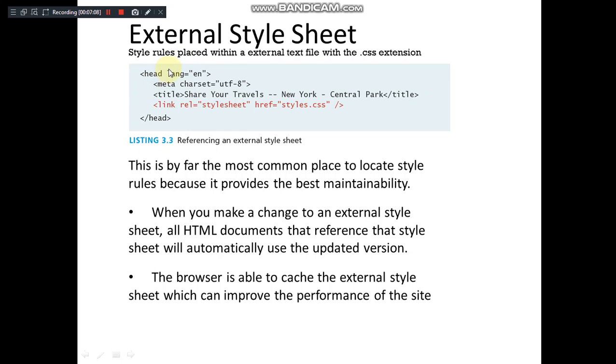You don't bother about lang, which is used as an attribute with this. We have a title tag as usual, and inside the head section, before closing of the head, we are using a link tag. So it is saying that we are externally linking to another document along with this particular HTML. We need to specify the relation attribute, which has the name rel. The value for that is stylesheet. Remember that there should not be any space in between, otherwise, practically it happens that we usually leave a space, and then the specified style will not be applied here.